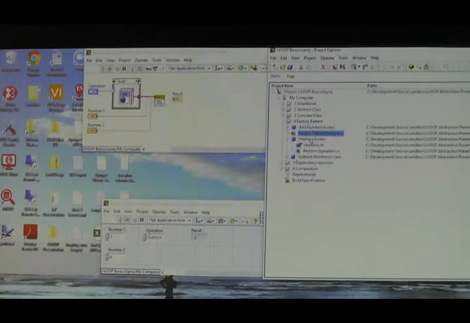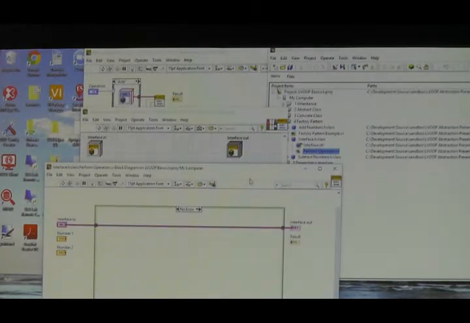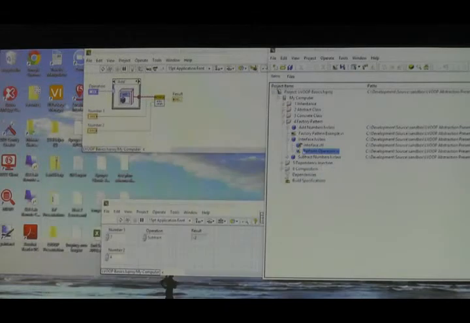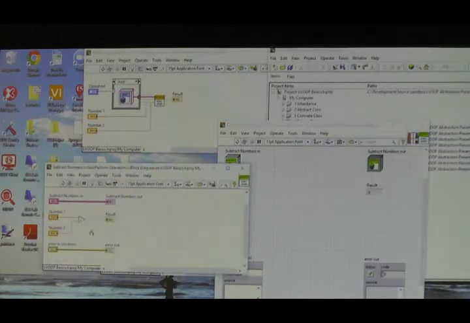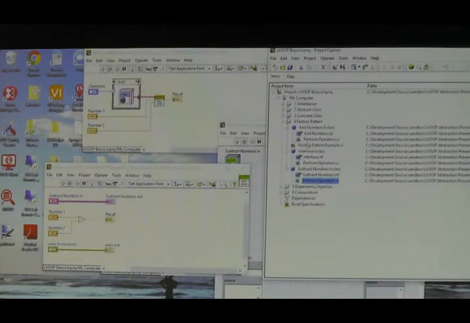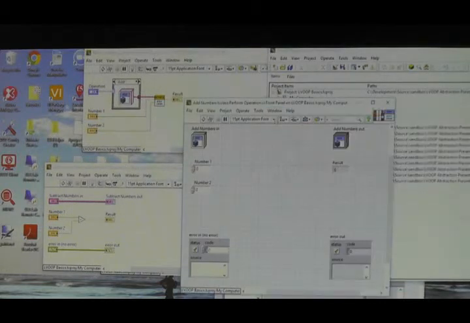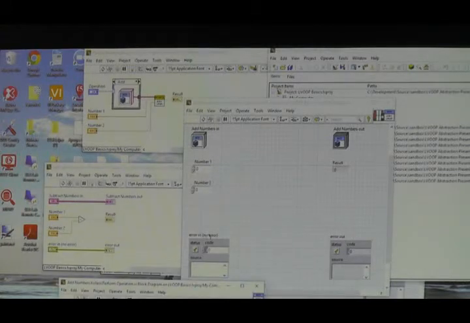And if we look at the code for this, we have an interface class, which is our parent, and it has a perform operation, and it does nothing. So this is the abstract class. And then we have a subtract class that overrides the perform operation with an actual implementation. We also have the add class, which also overrides it with the actual implementation. And that's all it really is. It's that simple.